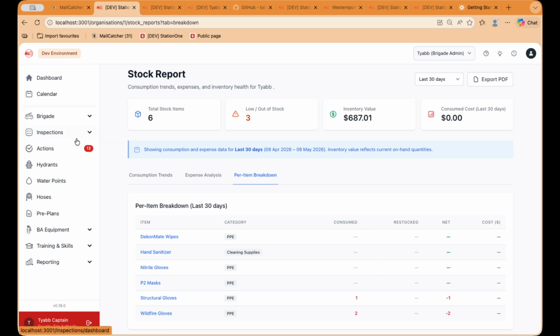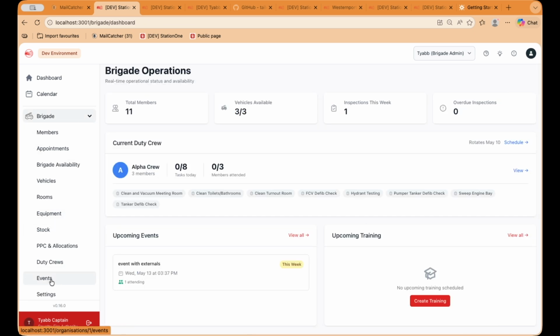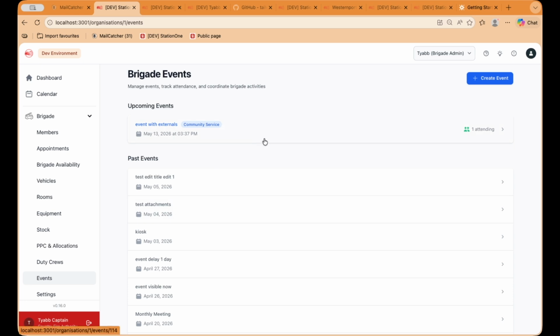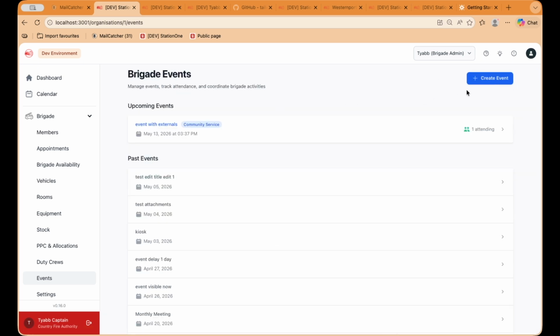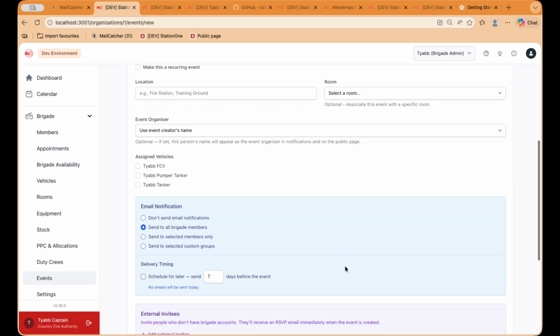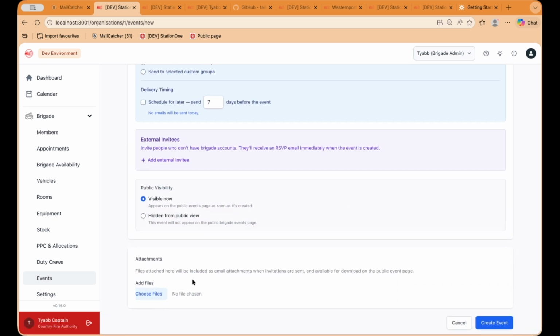We have also updated our events and training session invites. So our events invite now support file attachments. Actually, we'll just go back and we'll create a new one. So we now support file attachments down the bottom here. So if you're scheduling a meeting or something like that, you can add the relevant documentation and have that appear